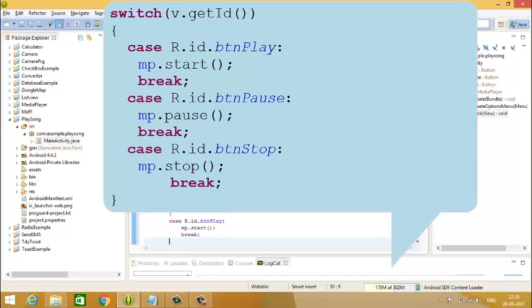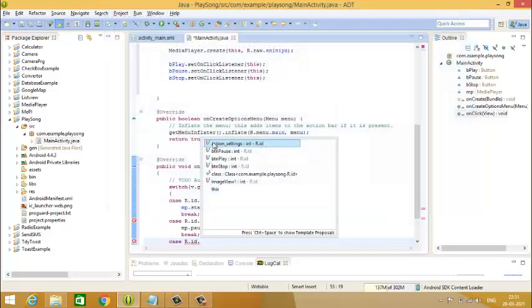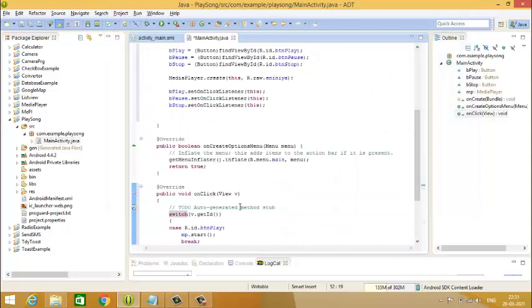Similarly for the next case, in case you have clicked the second button, which is the pause button, that is R.id.buttonpause, the method to be called is mp.pause, and then break. And the last option is the third case, which is stop. I think now everything is done.